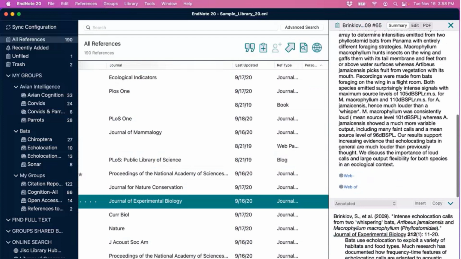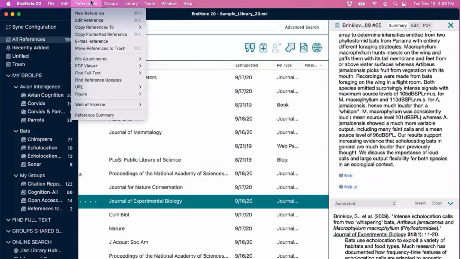If you have a reference in your library that's indexed by the Web of Science, and you're at an institution with Web of Science access, you can actually quickly access that reference in the Web of Science from the Summary tab here. There's a link. You can also get to it here from the References drop-down menu. There's a Web of Science menu item. So you can look at the source record. That would be that same entry within the Web of Science.